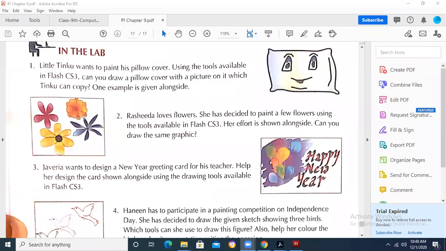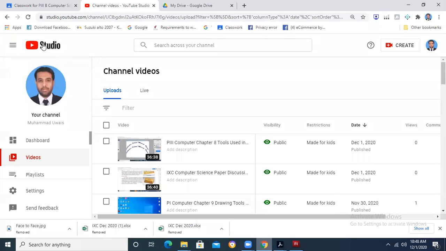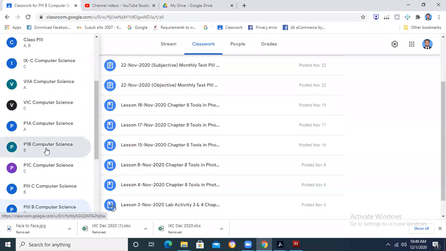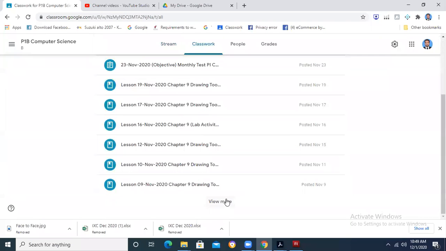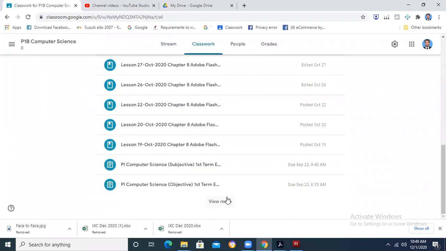Sir, how to download Flash? How to download Flash? When we had started this chapter, we had seen the procedure. Do you have the Google Class code for your class? Yes. Go to your Google Class code and go to your Google Class. When we had started chapter number 8, at that time,